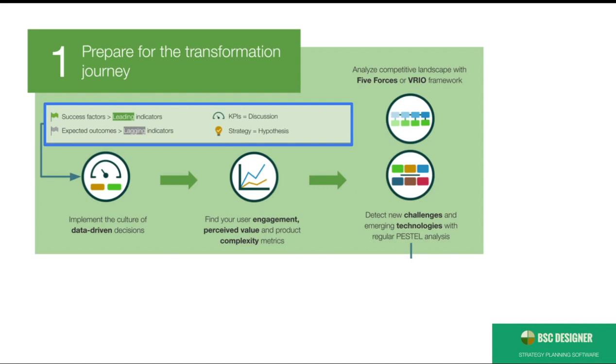3. Make sure there is a good understanding of the difference between success factors and expected outcomes. The expected outcomes are what you want to achieve. The success factors are what you need to have to achieve the outcomes. Easy, right? Now, to quantify the expected outcomes, we use lagging metrics. And to quantify the success factors, we use the leading metrics. If you want to see the complete picture of your goals, plan with leading and lagging KPIs in mind.